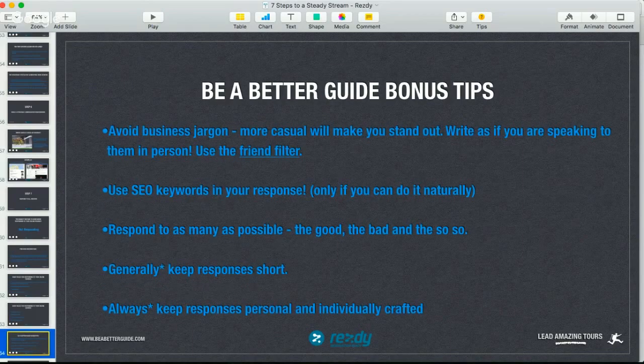But these are some bonus tips. So I spent a lot of time looking at how people are responding to reviews all over the web. And these are some of the best practices that I found. We want to avoid business jargon, and the more casual you are will make you stand out. And this takes some adjustment too, because we often think like, wow, we've got to be super professional at all times. And that kind of tends to bring out this really dry,